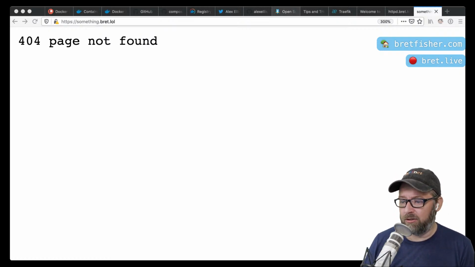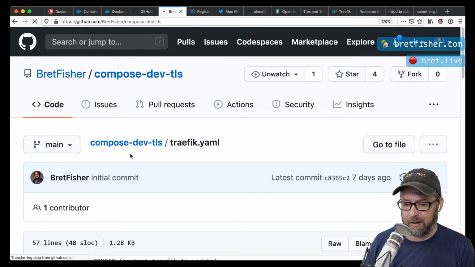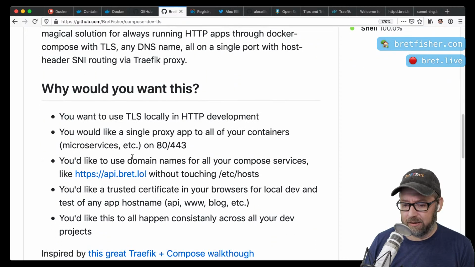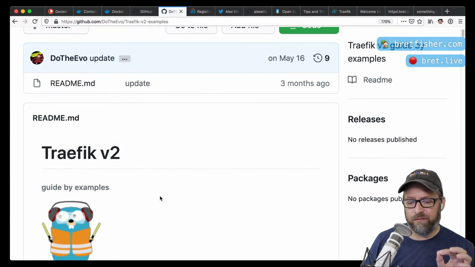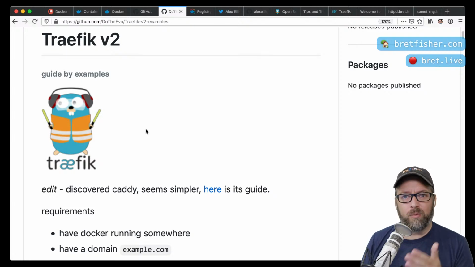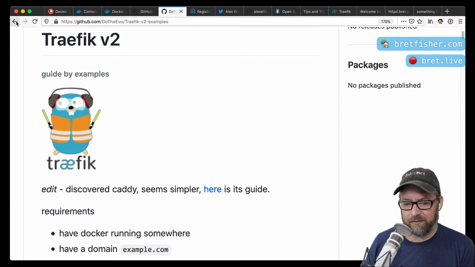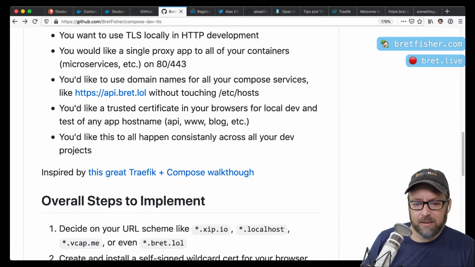By the way, I do post links to a good example of that in this repo. If you come up here at the top, it was inspired by this traffic compose walkthrough. If you go to the site and go to this example, it's another full walkthrough of how to do this in production with Let's Encrypt. It's not really dev specific; it's more production-y, but it's using the same setup: traffic with compose using TLS certificates. That one is good if you want to use production Let's Encrypt. All right. What's next?